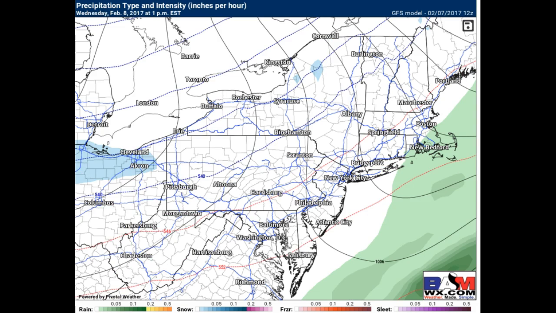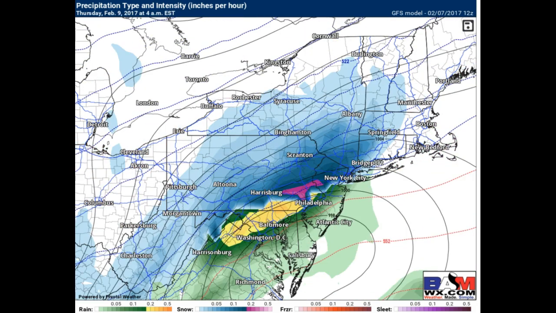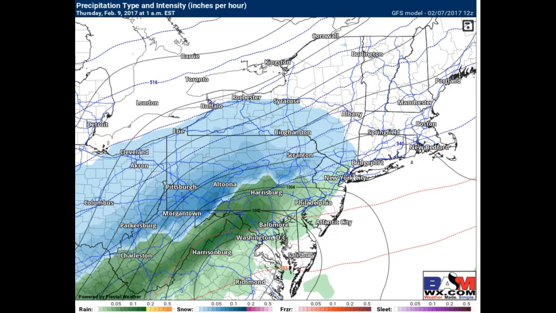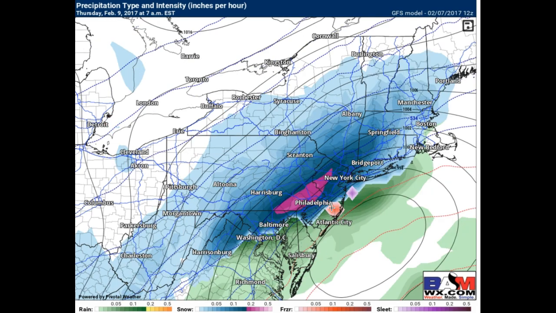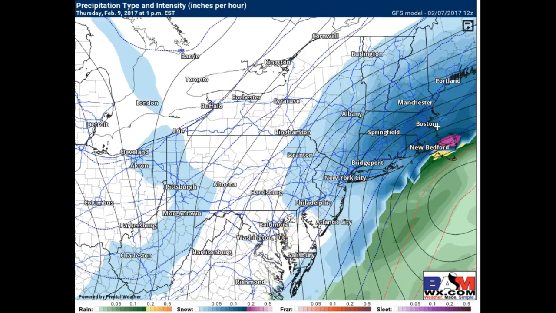Taking a look at some other guidance that's not quite as warm, here's the GFS. Again, snow breaks out late Wednesday night across Pennsylvania and streaks eastward. Notice here, though, at 4 a.m., it may even start as some rain across central and southern New Jersey, but as that storm gets going, it'll wrap in some colder air, and that will allow for some heavy snowfall from southeastern PA, probably, if not in Philly, just north of Philly,